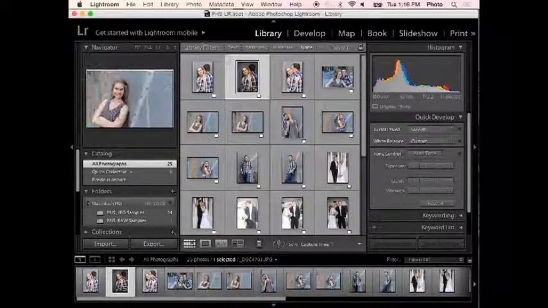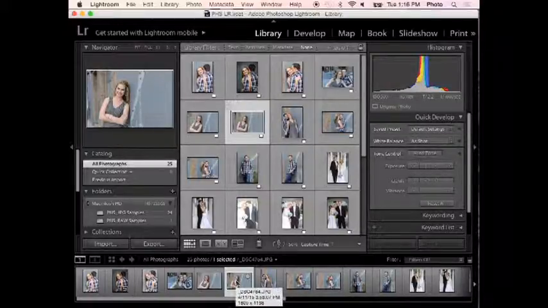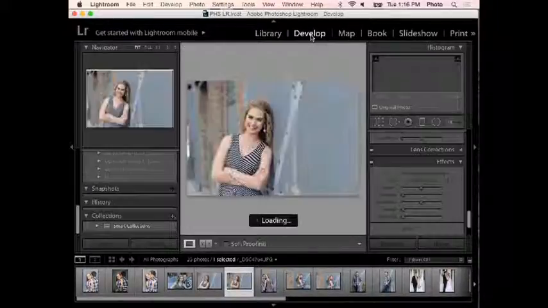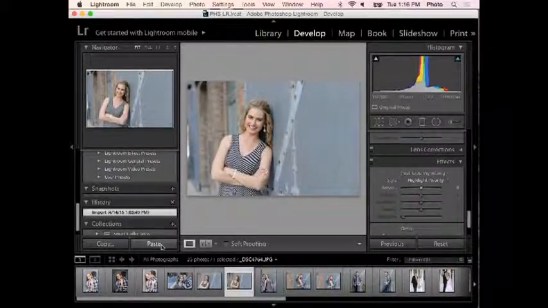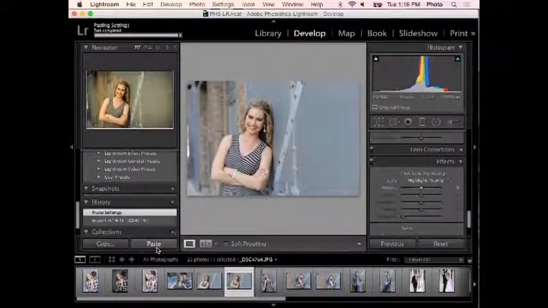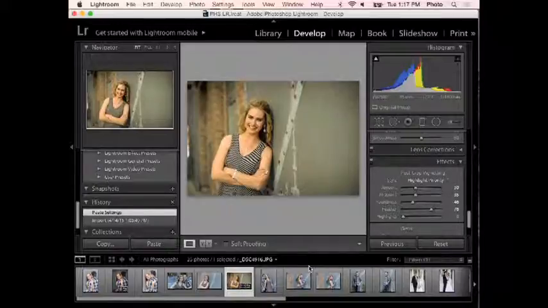So now what you're doing, you're going to select another photo. So let's select like 5. I'm going to do one first, and it's easier to transfer them to the others. So I need to get back in the Develop tab. See the Paste button down on the left? Hit Paste. So if that is something you liked,